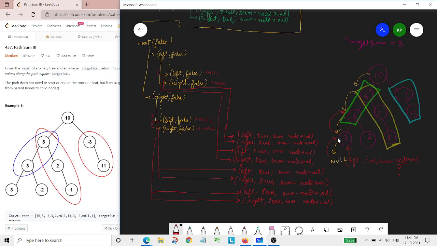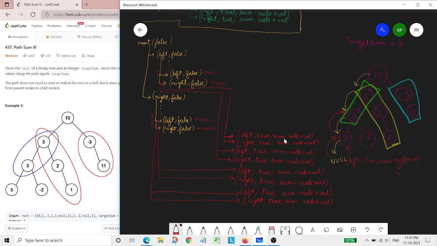But at that moment it will also check if there is any further code down there. Yes, there was: checking for the left subtree, checking for the right subtree.